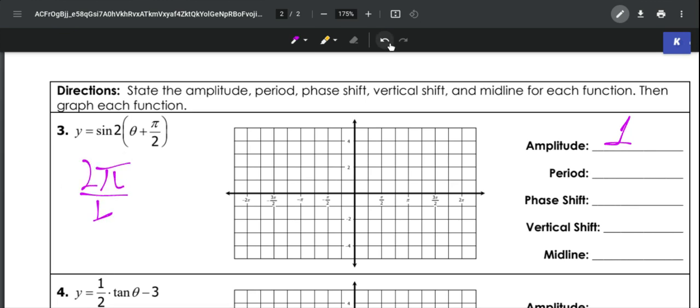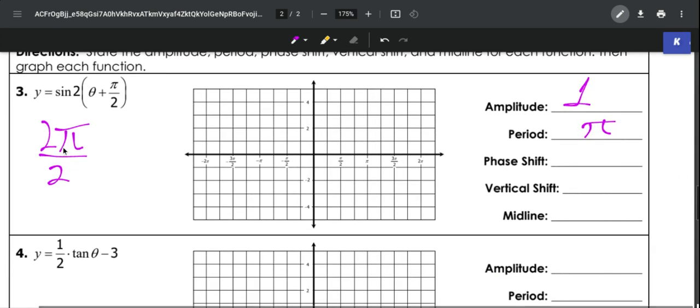So here we would have 2 pi over 2, which would just give us pi. So our period here is pi. Now we need to look for any horizontal or phase shifts, and that comes from anything added or subtracted to theta in parentheses. So this has parentheses, and it's a plus pi over 2. And plus in parentheses means to go to the left. So we're going to go left